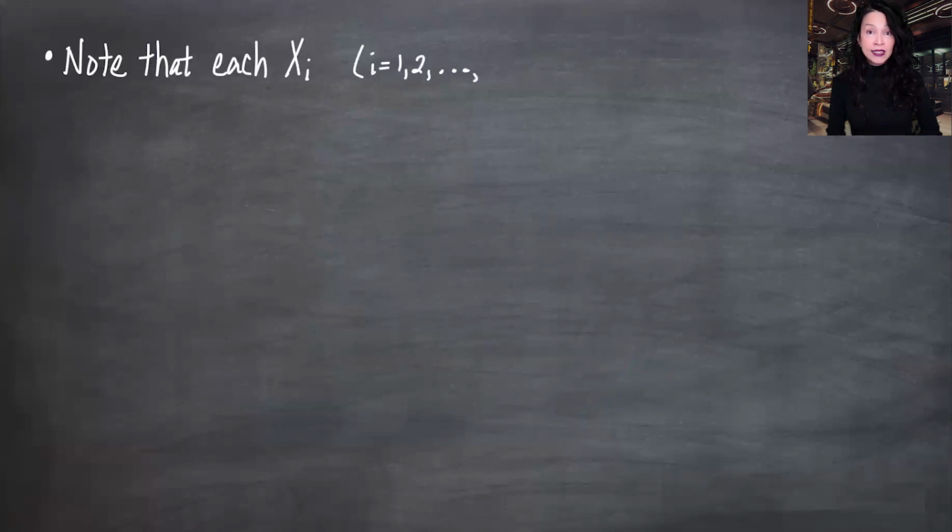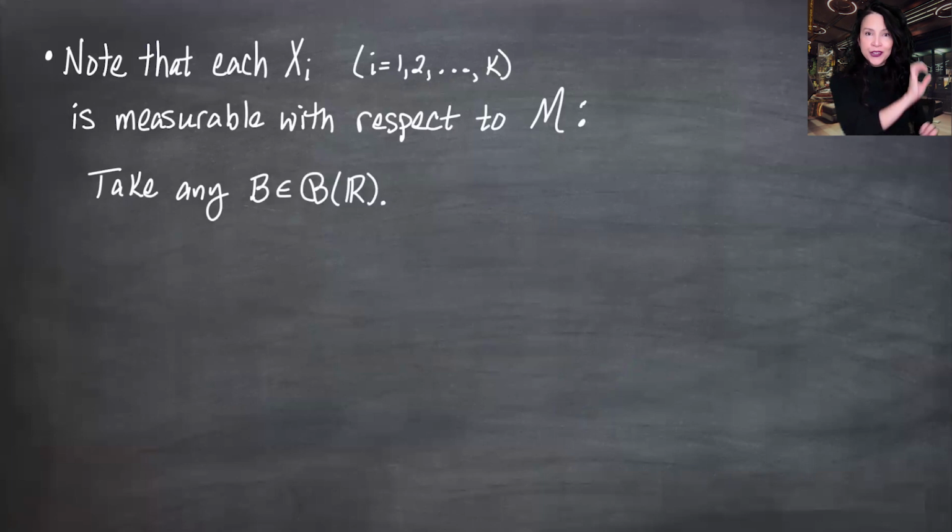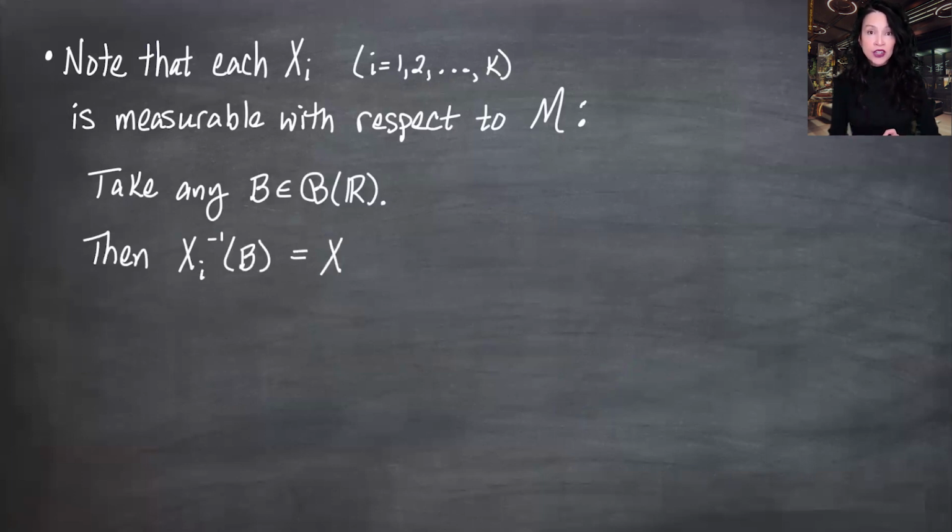Note that each x_i is measurable with respect to curly M. To show this, take any one-dimensional Borel set in R, like one of the k-dimensional axes over here. Take a one-dimensional Borel set B. The inverse image under x_i is the set of omegas that are mapped under the ith component into that set B. If I'm just looking at where the ith component is going, I really don't care where the other components are going. This is the same thing as the inverse image under the entire vector valued random variable of